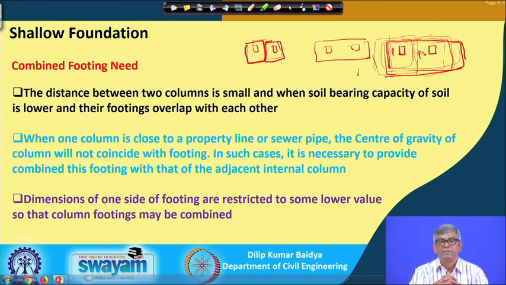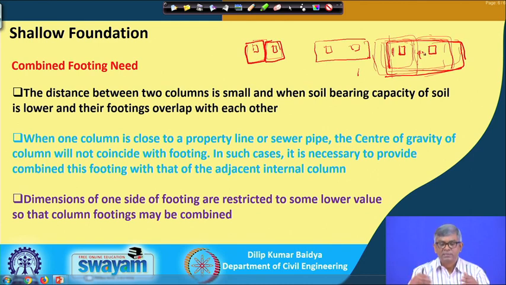One reason is when the load is heavy, when they are closely spaced, and the bearing capacity is less. Second, if there is any corner footing, sometimes because of the restriction of the property line, you may have to connect to the nearby columns and make a combined footing, with the requirement that the point of application of the combined two loads should coincide with the center of the area of the footing. So, that is the way we can do.